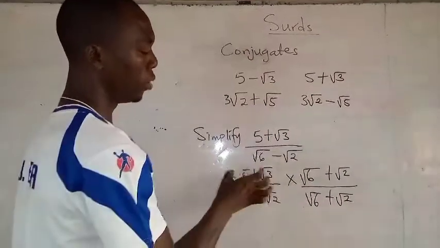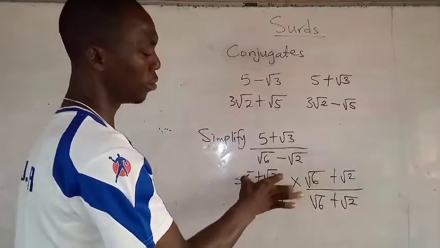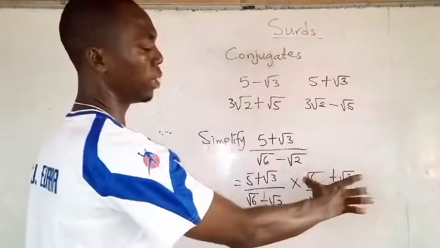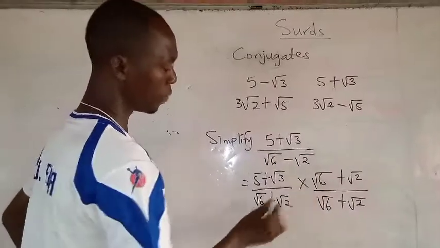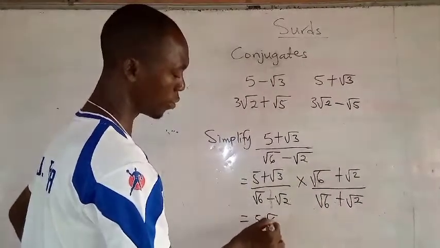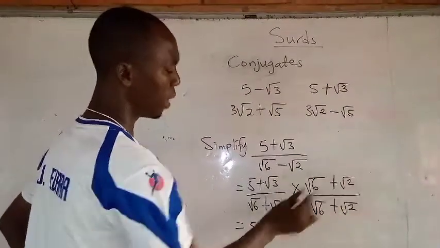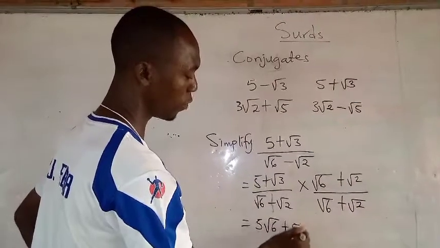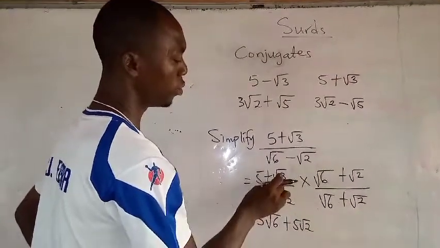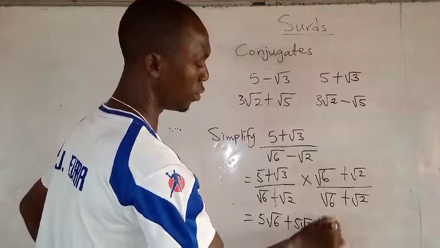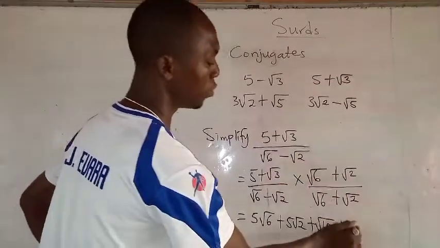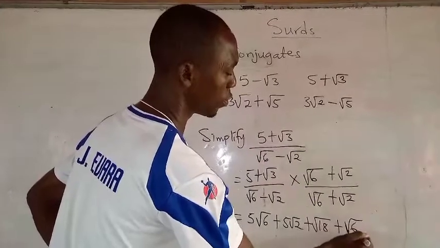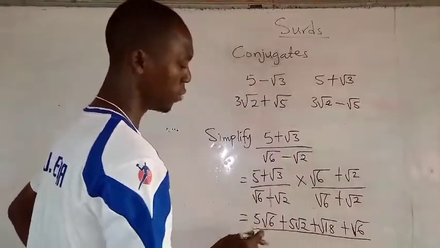Now we multiply this binomial term by this other one. 5 times root 6 is 5 root 6. 5 multiplied by root 2 is 5 root 2. Root 3 multiplied by root 6 is root 18. And root 3 multiplied by root 2 is root 6, over